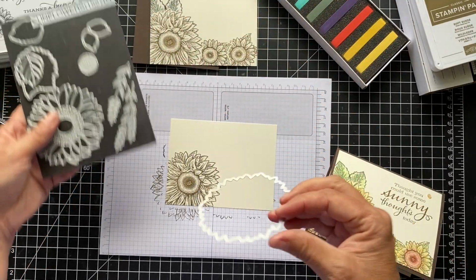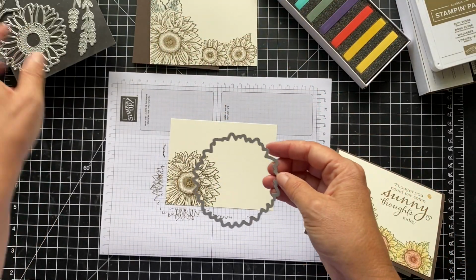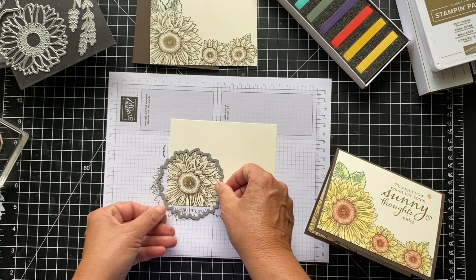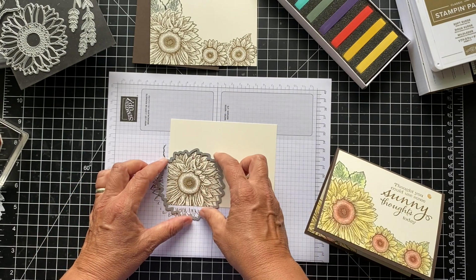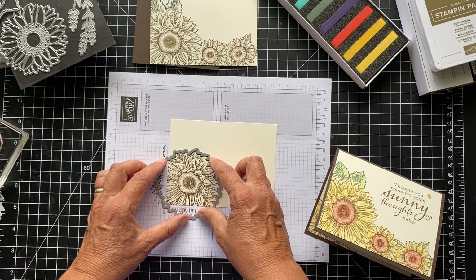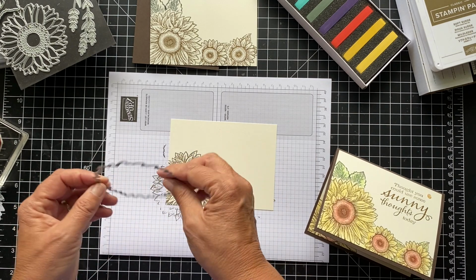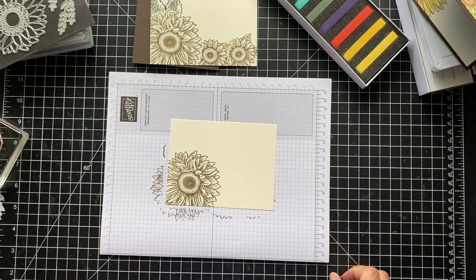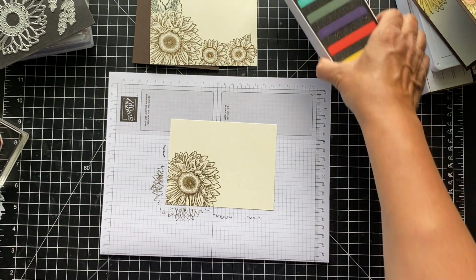So if you were to cut this out and try to line up the die, there's just certain petals that are turning that way. That's my key for this die. It seems like those are the ones that make it easy for me. That's just a little tip there. So now we want to do our coloring